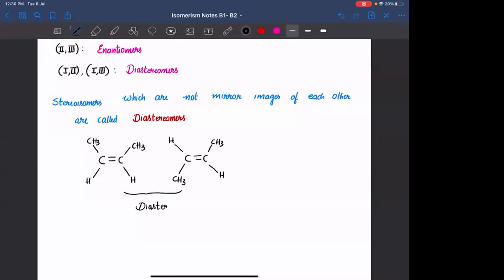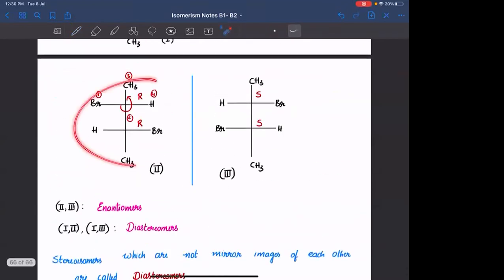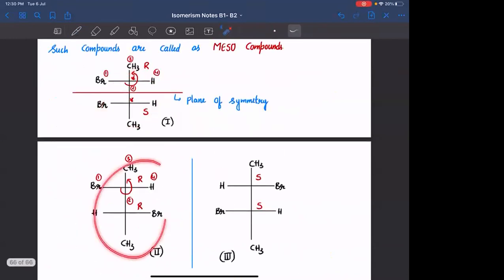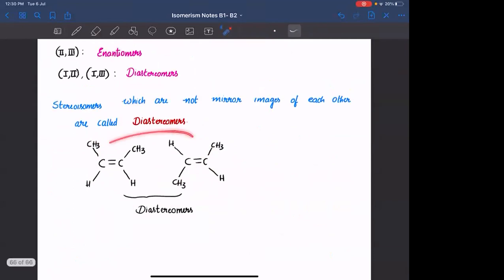Okay, but you should not say all diastereomers are geometrical isomers. These are not geometrical. Okay, these are optical isomers. These two, 1 and 2, these are optical isomers. ये वाला geometrical हुआ because the geometric distance is different. समझ में आया? They are not mirror images of each other, but they are isomers. Hence, they are called as diastereomers. Cis trans is also an example for diastereomers. I hope this is clear.